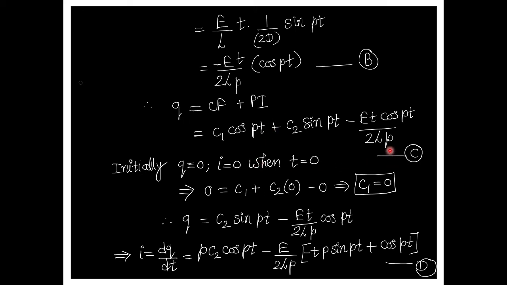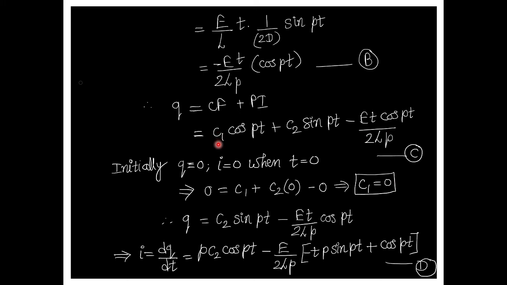Now, here we have to find the current. We have to show that i equal to some value. For this, we have to find the constant values C1, C2. Therefore, here apply the initial conditions q equal to 0, i equal to 0 when t equal to 0. We substitute this value in the equation and here we get the value. Here cos pt, cos of 0 is 1, therefore C1; sin 0 is 0, therefore C2 into 0. Here the t term, t equal to 0, therefore the value is 0 and q equal to 0. Therefore we get C1 equal to 0.